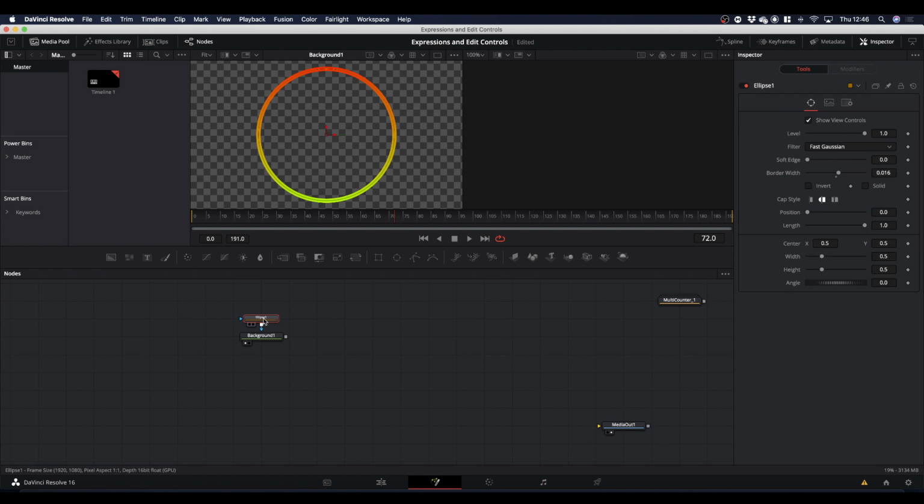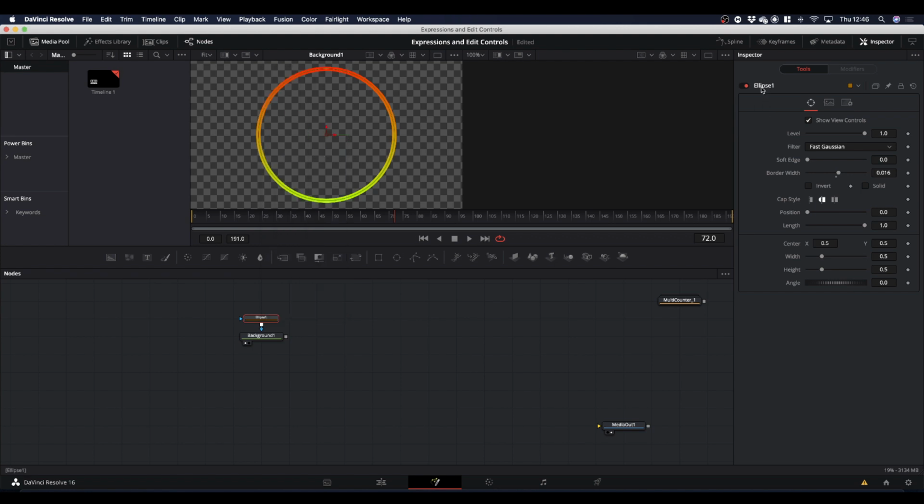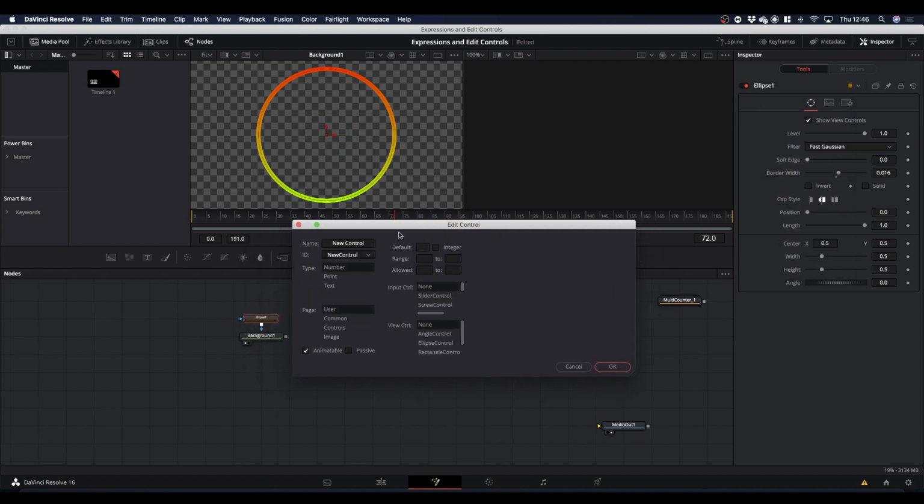Okay, so back in our ellipse, the first thing we're going to need to do is add a couple of extra controls that we can use expressions to reference. So we'll do that first. You can either right click on your node and go to edit controls, or you can come up to the title of the node in the inspector and you've got the same option, edit controls. So I need a drop down menu